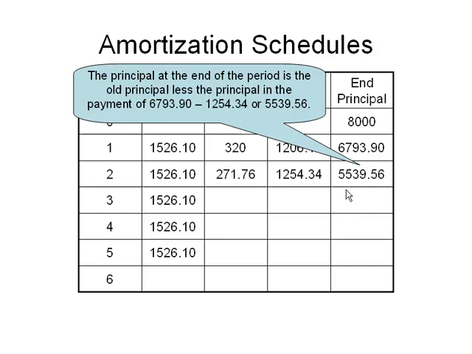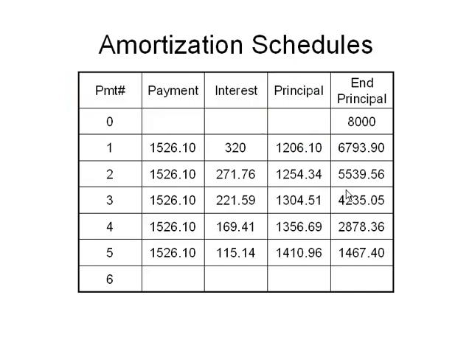Once you've listed out your payments, you'll always be figuring out what your interest is, and then the portion of your payment that goes towards the principal, and then what the principal is at the end of that payment. So I'm going to continue doing that for the next couple of periods. So I've filled those numbers in here, and now I'm down to the very last payment, and on that very last payment, I owe